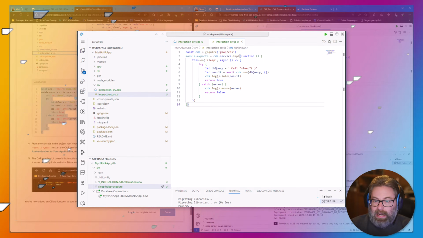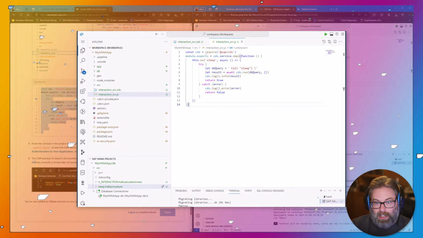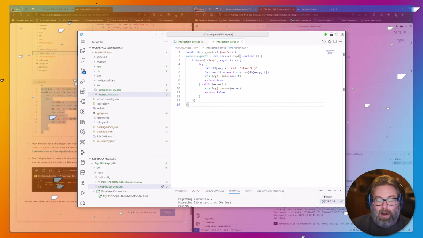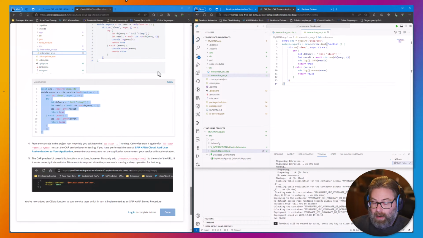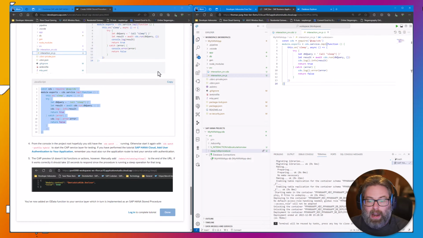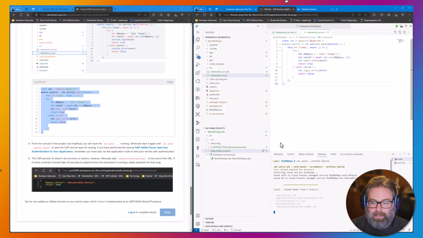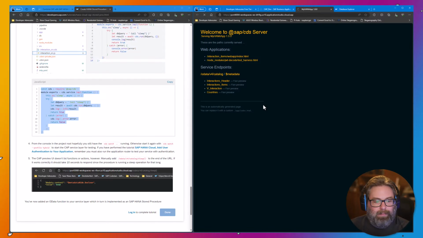Okay, we don't need to do a CDS build and deploy, because although we made changes to the service, we didn't change or add entities. Therefore, no views need to be generated. So when you add a function or an attribute or an action, as long as you don't use a complex type on the return or input parameters, then you don't have to rebuild it and redeploy it to the database. So we're able to just run it here again. So let me just start it back up. CDS watch profile hybrid. And it's going to open the test page again.